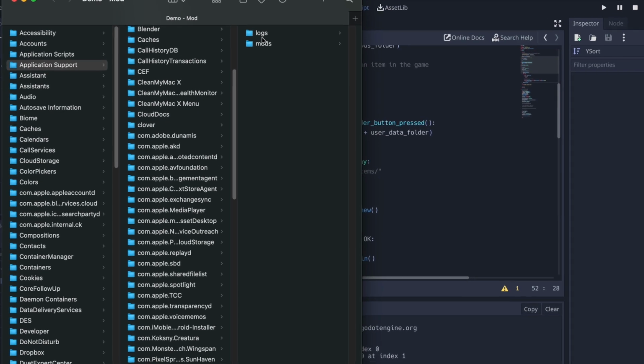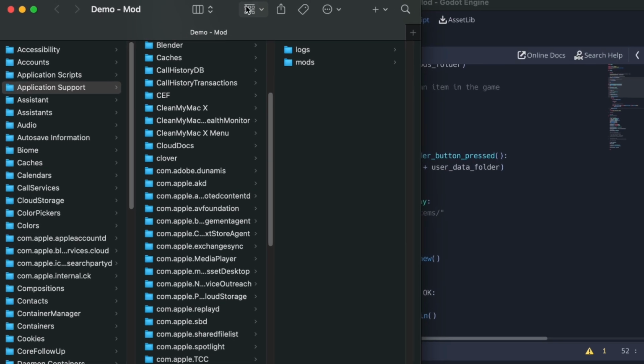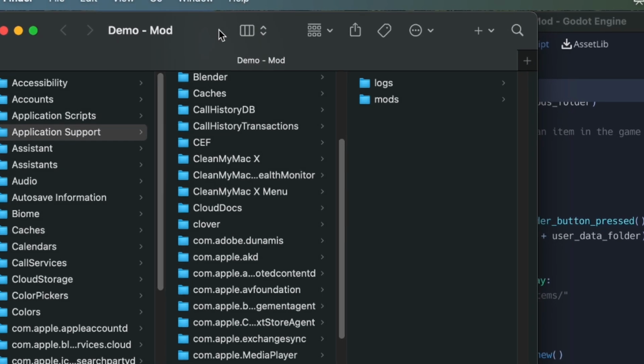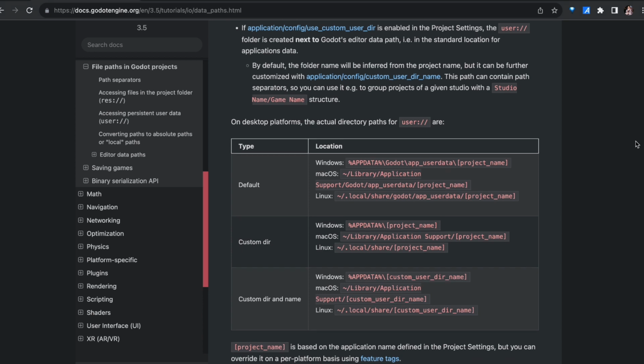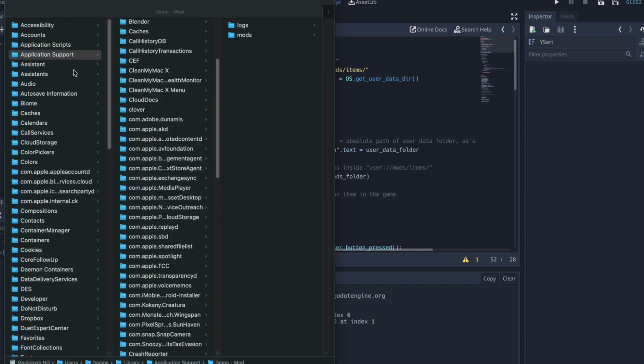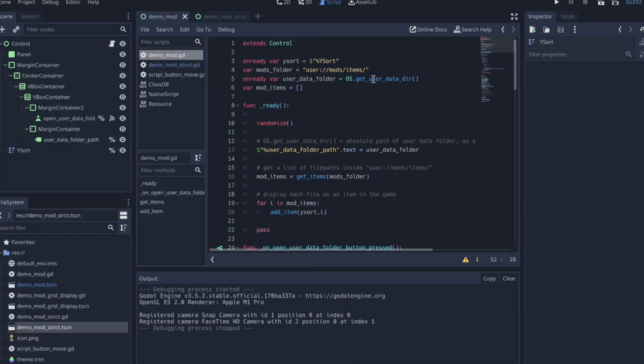The standard application data location is where your computer keeps data files related to your apps, separate from the apps themselves. The absolute path of user varies depending on the operating system. Godot documentation has a chart for this. In the Godot editor, the user data folder can be opened by clicking on Project, Open User Data Folder in the menu. And in GDScript,